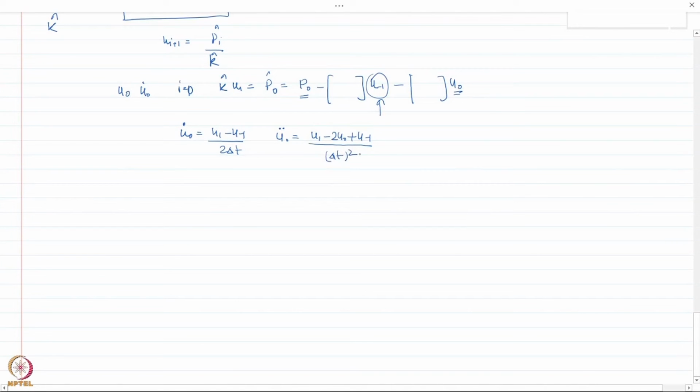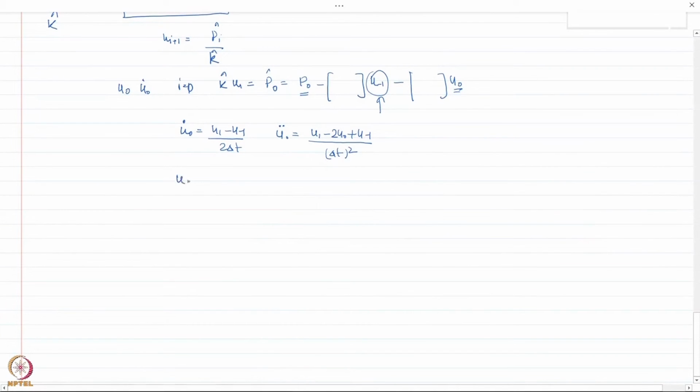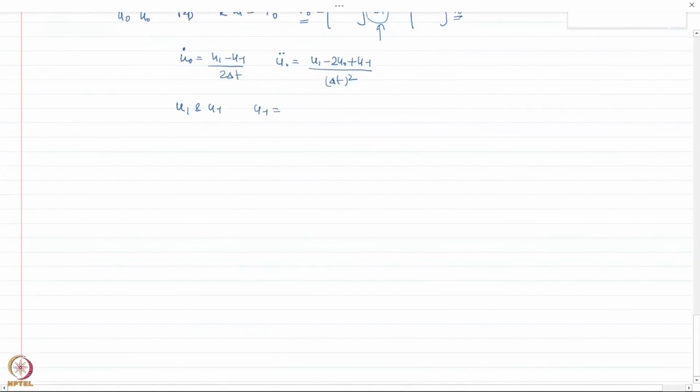Now all the terms are known in this one except u1 and u minus 1. Because there are two simultaneous equations, I can solve them and get u minus 1 as u0 minus delta t times u dot 0 plus delta t square by 2 times u double dot 0. And then my solution becomes complete, in the sense that I can now utilize this to start my iterations